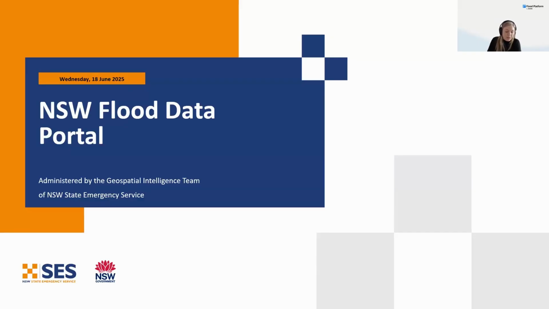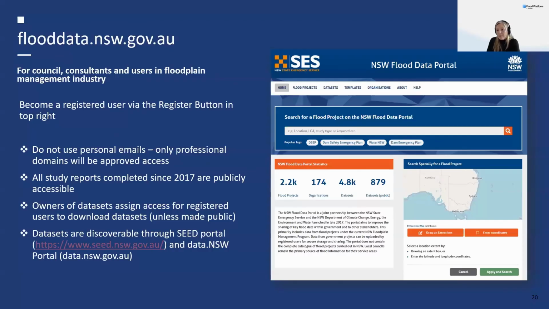They do that on behalf of the New South Wales Flood Data Access Board. And if you haven't seen this before, if you don't work in New South Wales, maybe you haven't, you can find it on Google. You just put in the New South Wales Flood Data Portal. So you can go through the SEED website as well. But it's open to everyone. You can add your own registration as long as it's a corporate email address, not a Hotmail.